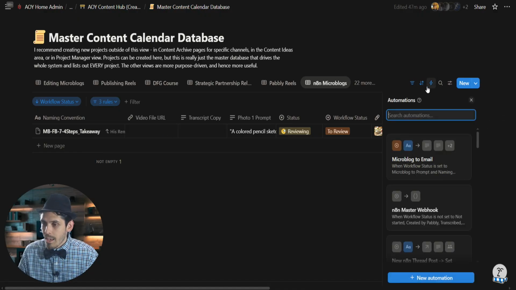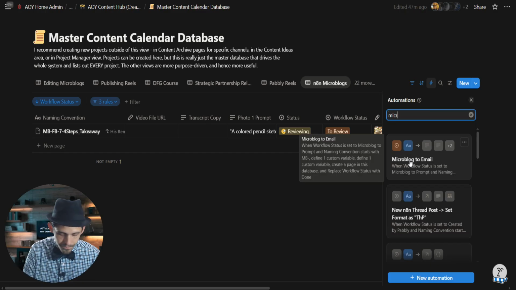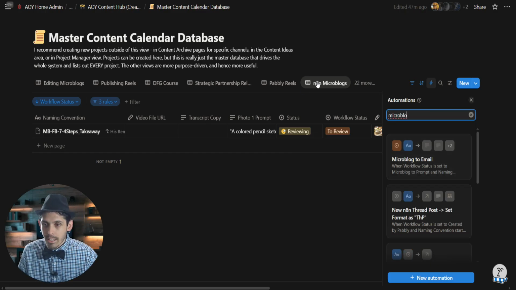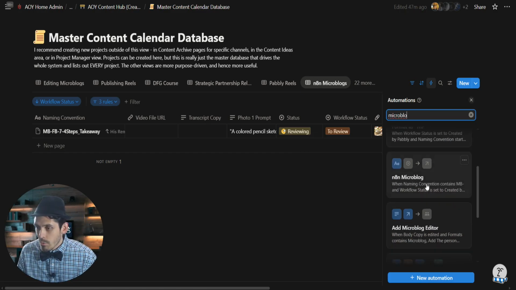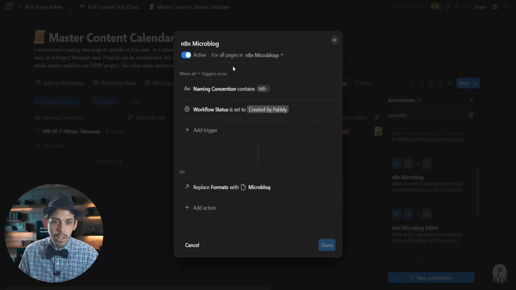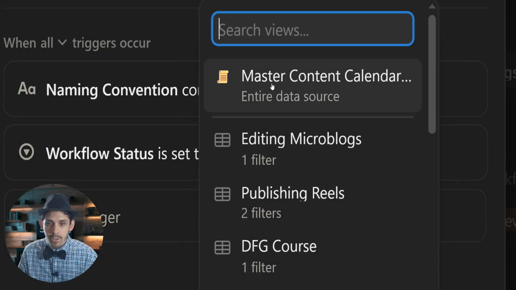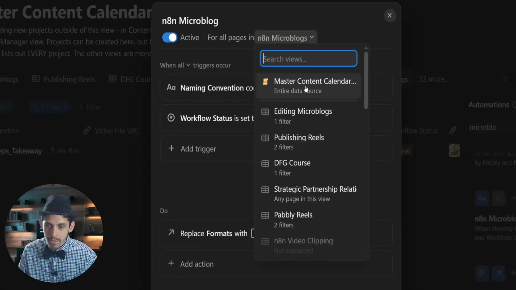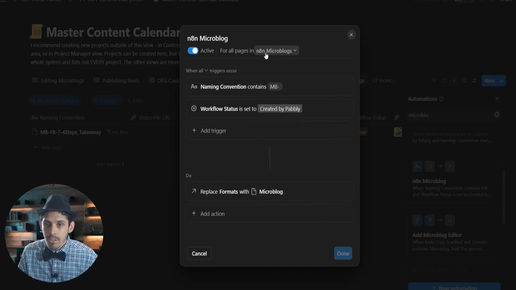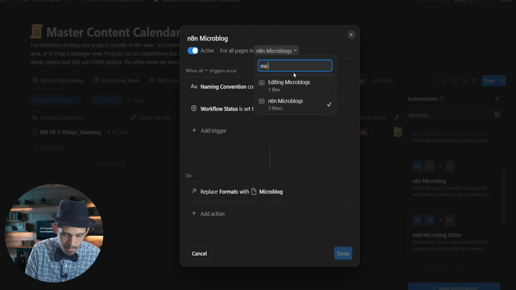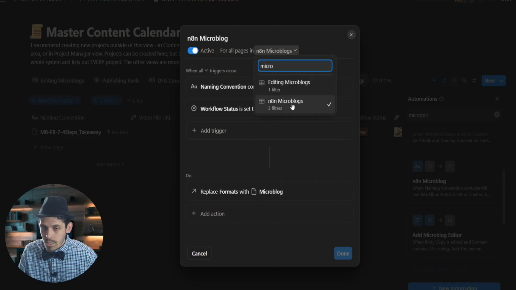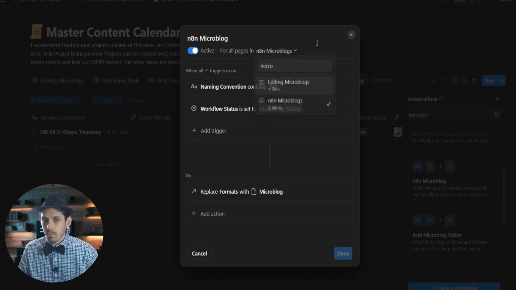So when I go through that workflow that I just showed you, I could reference this microblog view, which is very specific, which Notion automations allow. So right here, you can choose either all pages in the whole database, which is there by default, but I didn't do that. I did just the ones in the n8n microblog view, which I have selected with those 3 filters. So sometimes when n8n doesn't have strong enough filters, you could filter it with a mixture of the